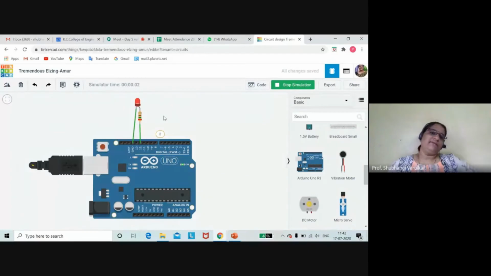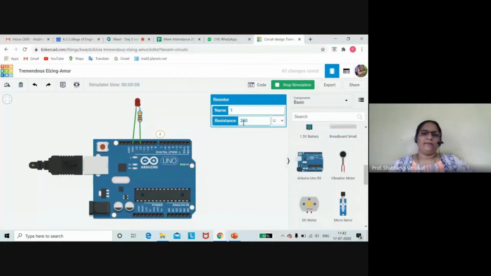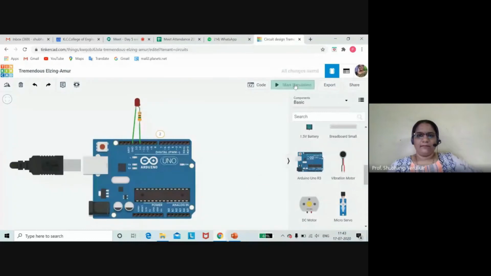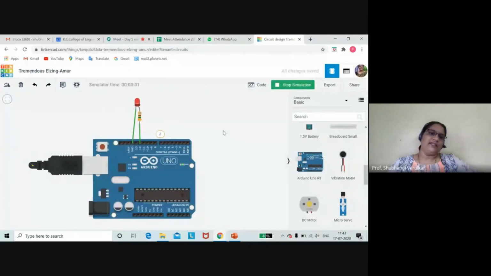Now you can see the brightness of the LED. The LED is blinking, on for 2 seconds and off for 1 second.